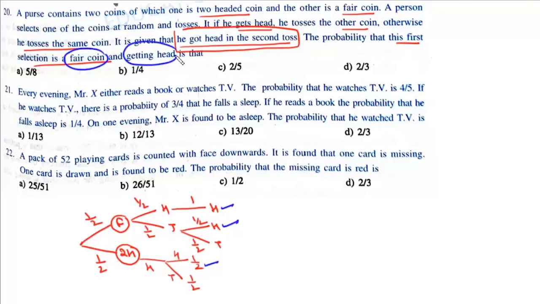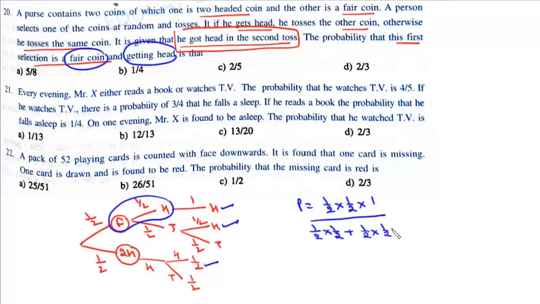So, that means first coin, it should be fair and we should get a head. So, this case, it should be in the numerator and all other cases will be in the denominator. So, this required probability will be this 1 by 2 into 1 by 2 into 1 upon, now this is 1 by 2 into 1 by 2 plus 1 by 2 into 1 by 2 into 1 by 2